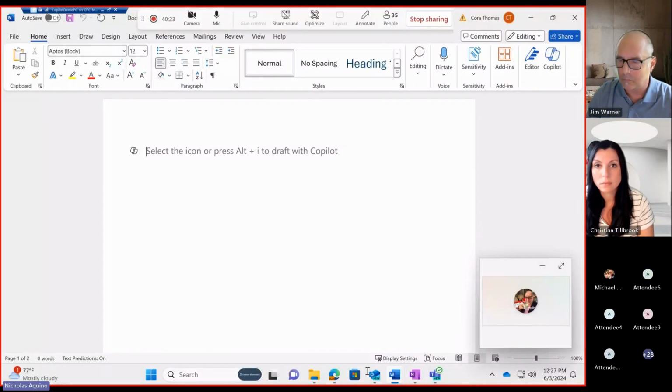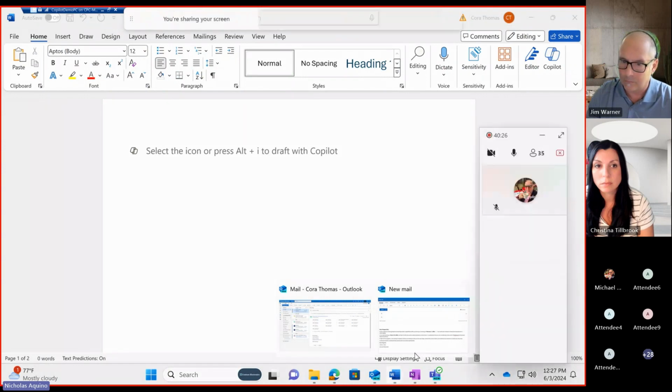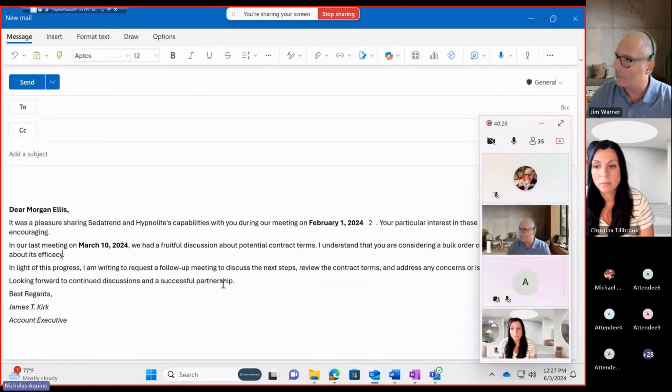So I'm going to speed things up just to try to make sure we can get through everything. What I really wanted to highlight here is that you can take the Power BI narratives to actually get you a head start on a first draft email that you can send to your customers. Now, even if I just took the information there and reworded it myself, I can come up here,